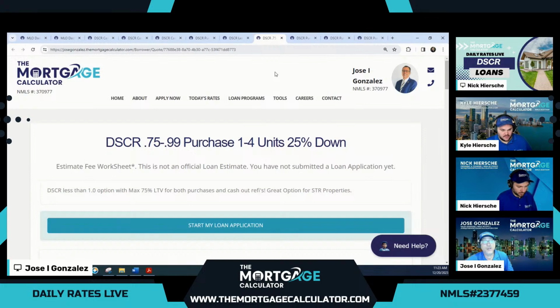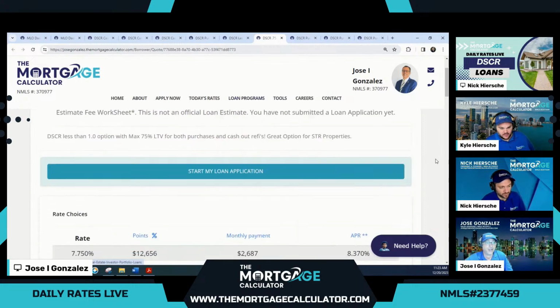This is one of the no ratio options, a phrase you're going to hear when the property cash flows less than 100% of the debt service. So housing expense here is going to exceed the rental income. Hence, our DSCR is less than 1.0, because that is how you calculate DSCR, the gross rental income divided by the housing expense. So in this scenario here, we are at a 0.75 to 0.99 DSCR.